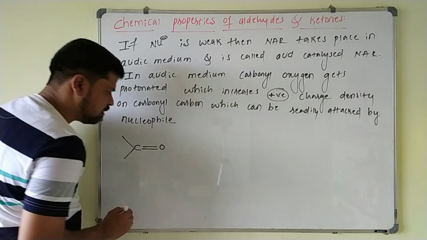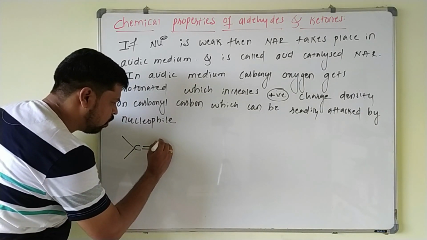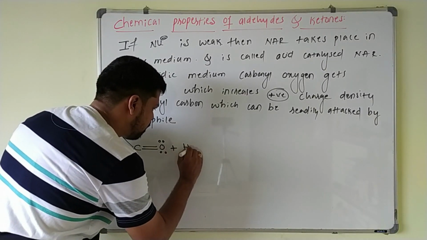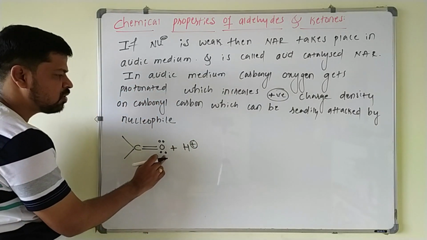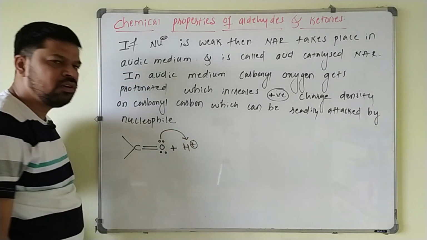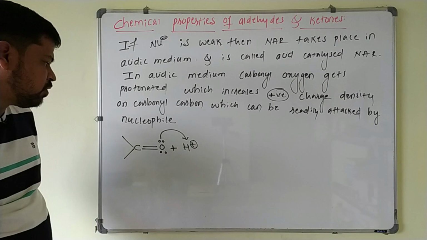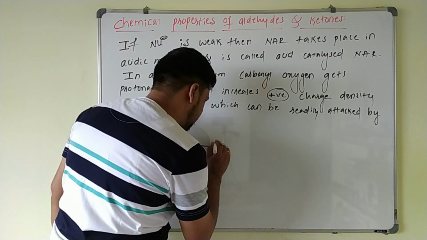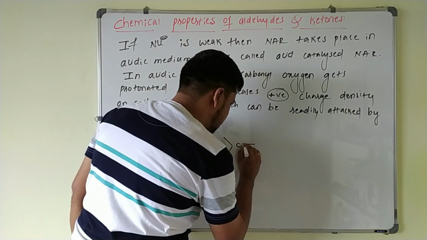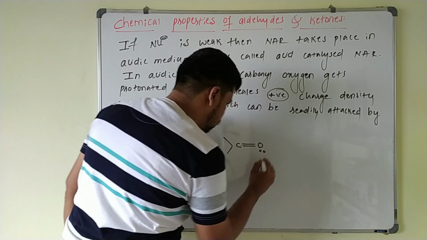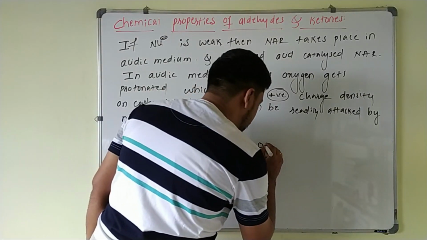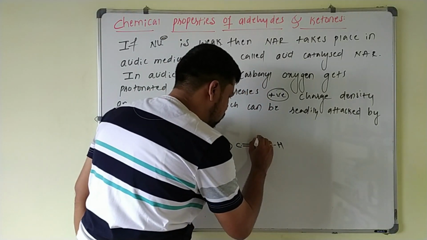This is the carbonyl oxygen, with two lone pairs of electrons present on it. In the acidic medium, this carbonyl oxygen gets protonated. The lone pair of electrons of this oxygen is given towards a proton, so that it is attached to the oxygen. It can be written as the carbon-oxygen double bond, the oxygen with one lone pair as it is, and by using the other lone pair, the proton is connected to the oxygen, and this oxygen gets a positive charge.